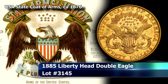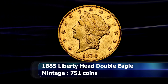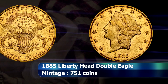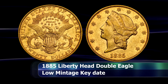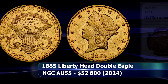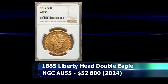The 1885 Double Eagle has one of the lowest mintage figures for any circulation coin in the US Mint's history. Only 751 coins were minted, supplemented by a further 77 proof strikes for collectors. Today, only 107 grading events are reflected on the population report for this coin, with another handful of coins existing in institutional and museum collections on top of that. The current example of this series' key date is graded as NGC AU55 and passed under the auctioneer's gavel for the price of